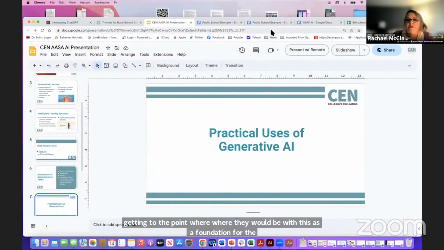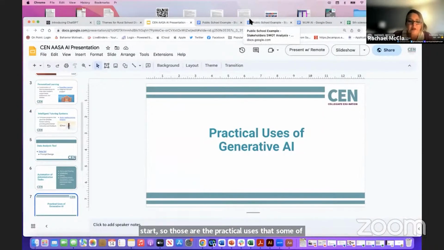So those are some of the practical uses that we've found, probably hundreds. I could stay here and talk about this all day and use these examples, but those are just some of the more practical ways that we have been sharing with our rural school districts, things to do with OpenAI's free resource. And so we are trying to alleviate some of the fear, but just as was indicated earlier, you cannot take the human aspect out of this. It is just a tool, just like anything else that we have in the classroom, and it needs to be used responsibly.